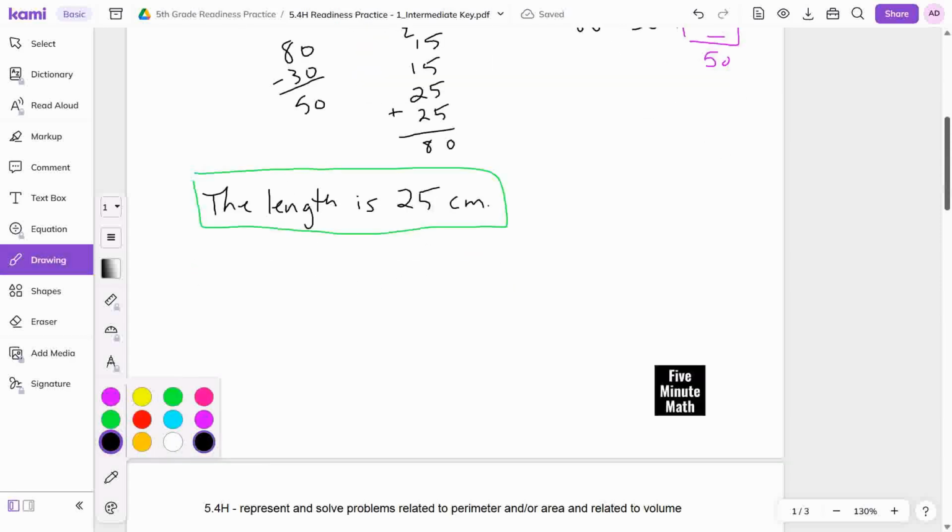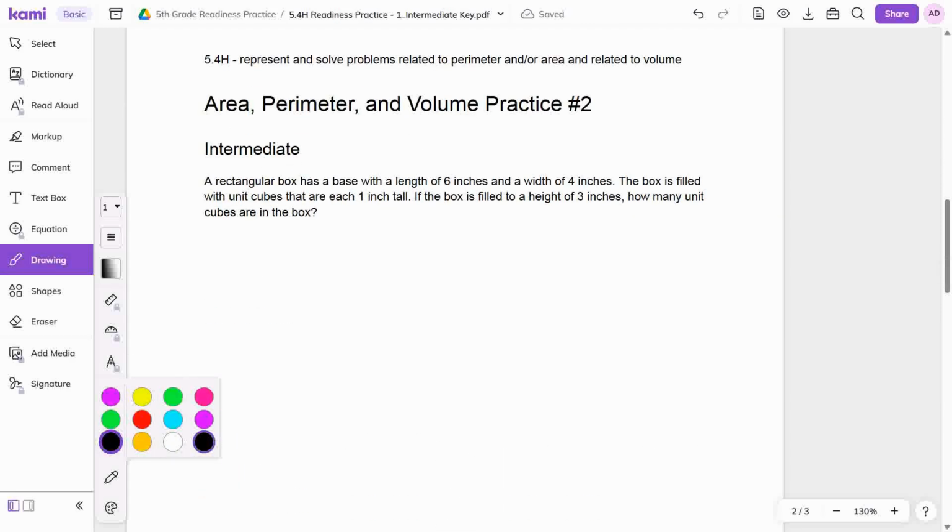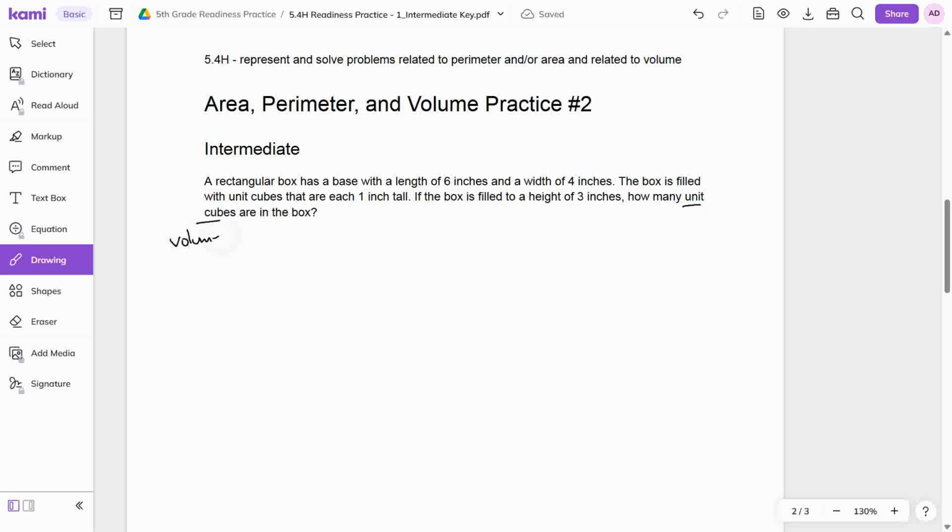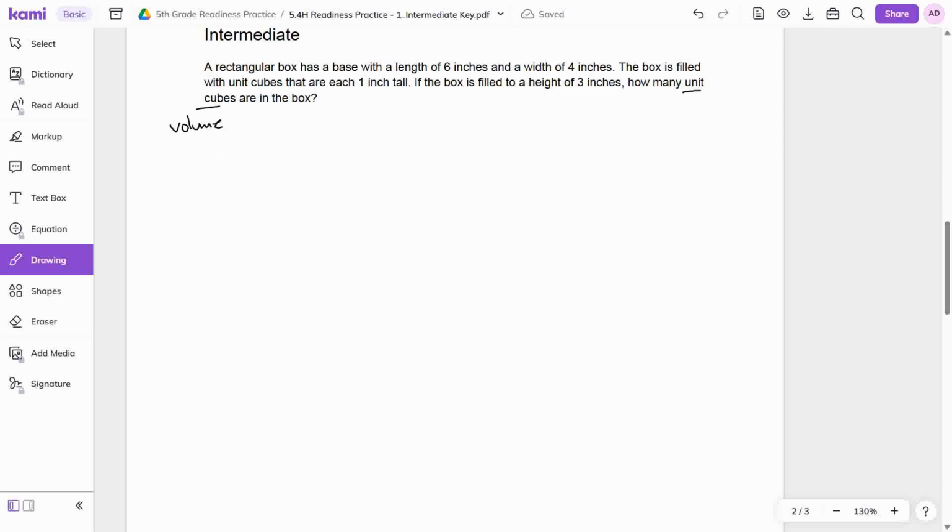All right. For our next problem, we have a rectangular base. Box has a base of 6 inches and width of 4. Box is filled with unit cubes, and we're trying to figure out what is our volume. Really, when we're talking about the box is filled to a height of 3 inches, how many unit cubes? That lets us know we're dealing with volume. All right, so let's draw